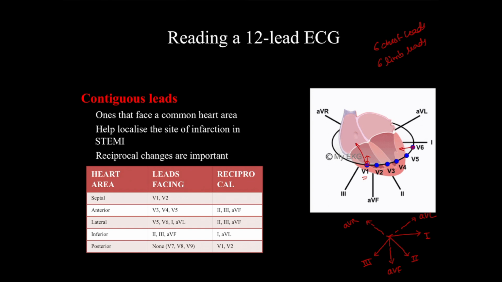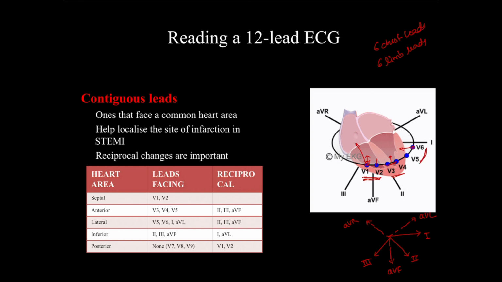Okay, so the pathologies of the right ventricle are better seen in V1 and V2. It's also close to the septum. Hence the pathologies of the septum as well as the right ventricle and the right atrium are commonly seen in V1 and V2 leads. V3, V4 look at the anterior wall of the left ventricle. Hence the pathologies and ischemia, for example, of the anterior wall are best detected by leads V3 and V4.